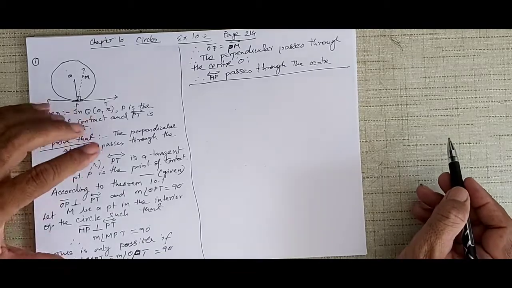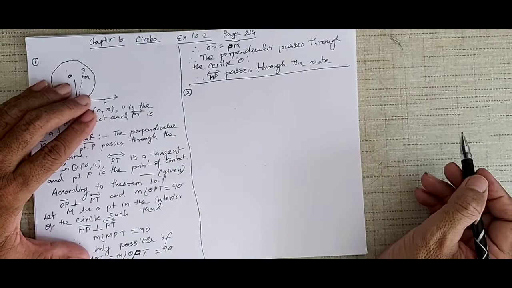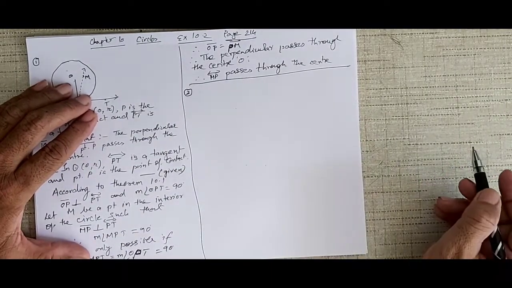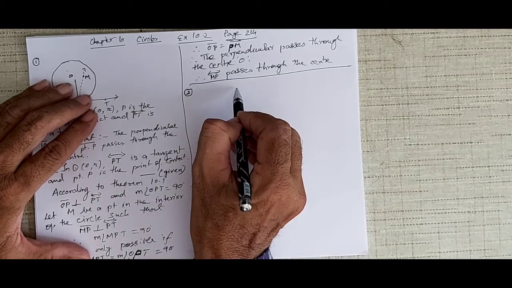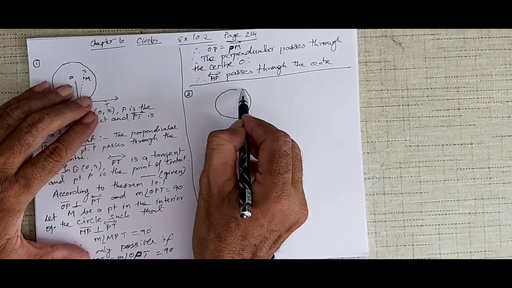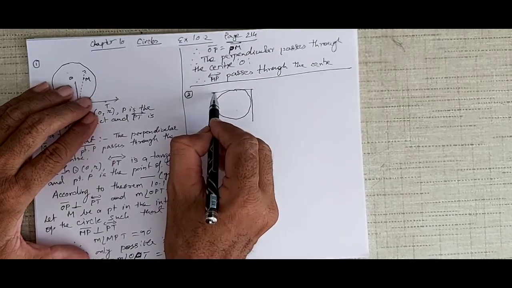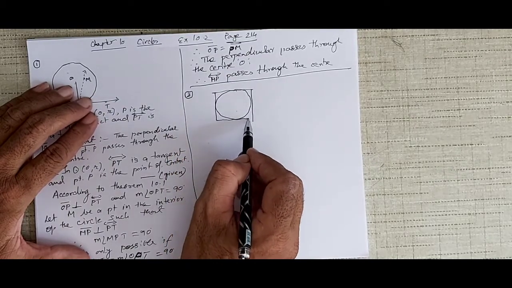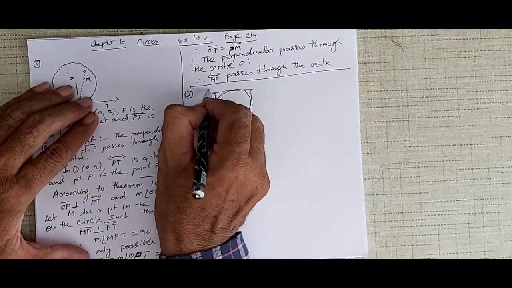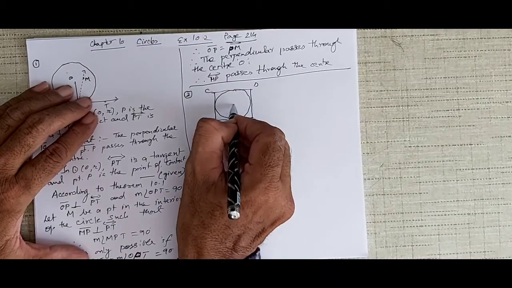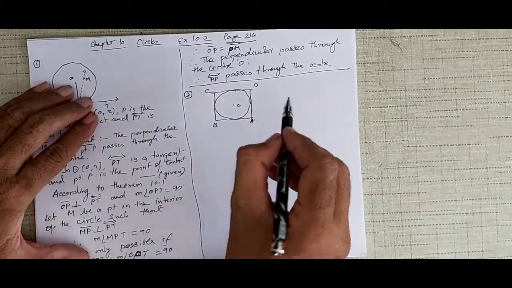Now there is another one which I want to also do here. Two proofs at least I want to do today. Prove that the parallelogram circumscribing a circle is a rhombus. Okay, so let us suppose we have a circle out here, and supposing I have got A, B, C, D, a quadrilateral and a circle with center O. The quadrilateral is circumscribing.